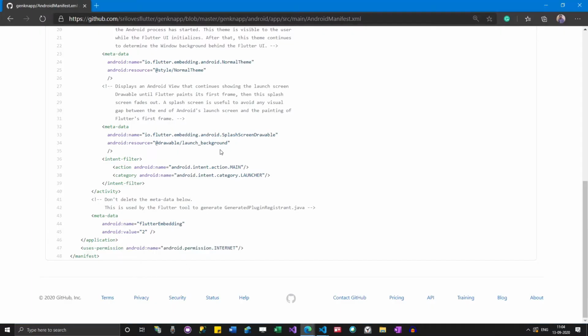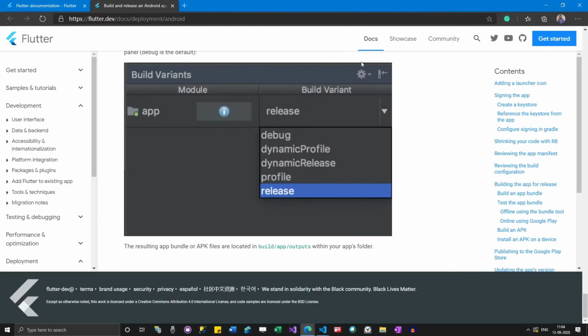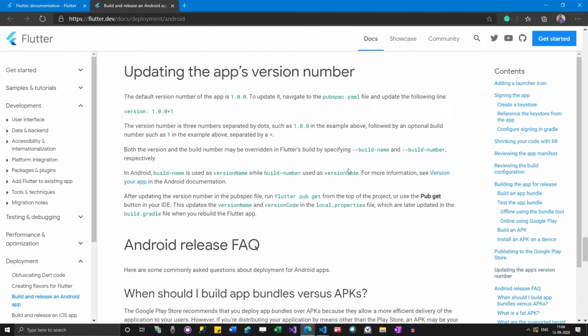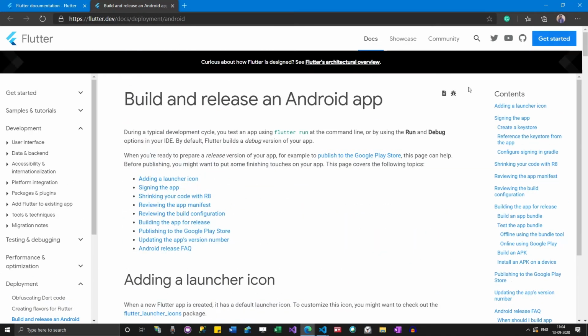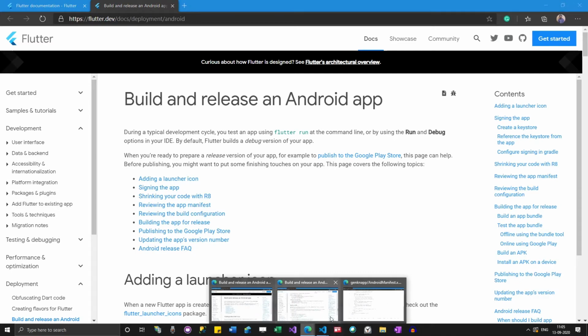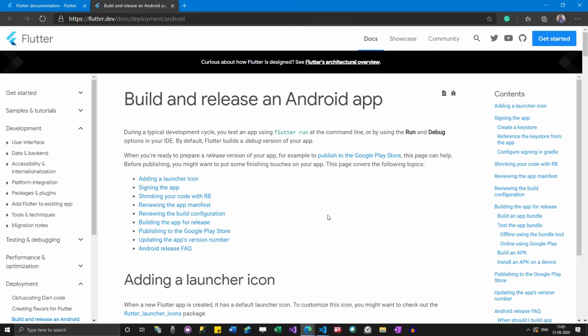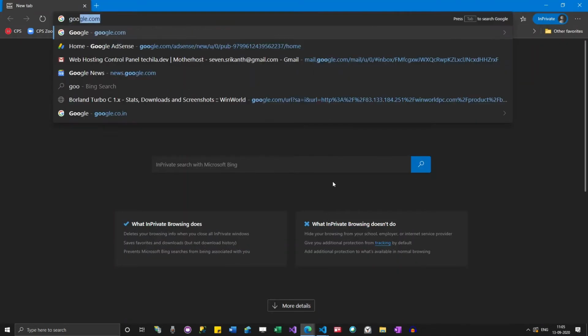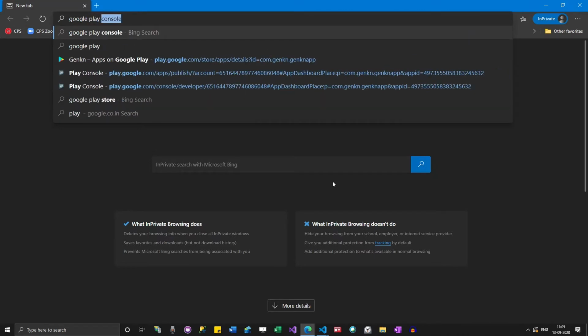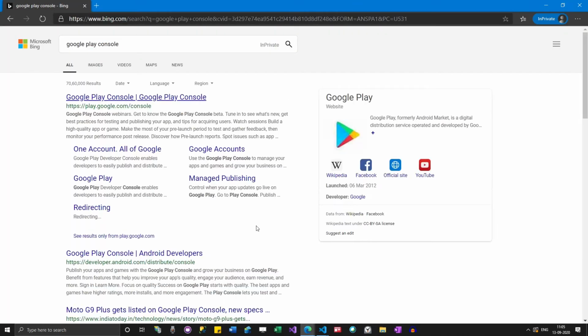These kinds of amendments need to be done when you are about to release your app. And this documentation gives you all the information about how to release your app to Android.